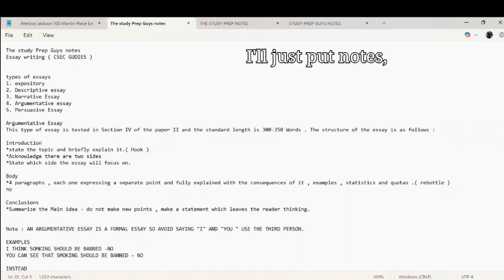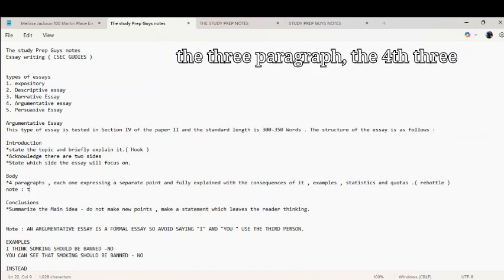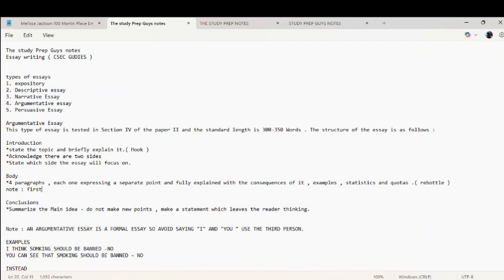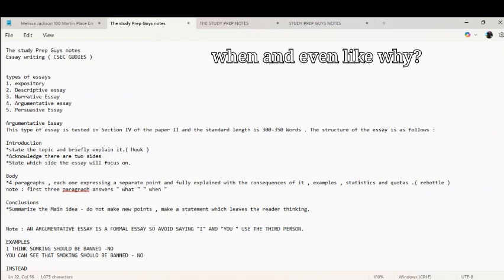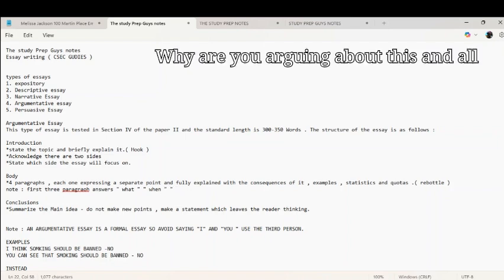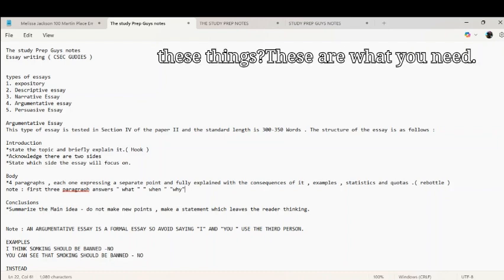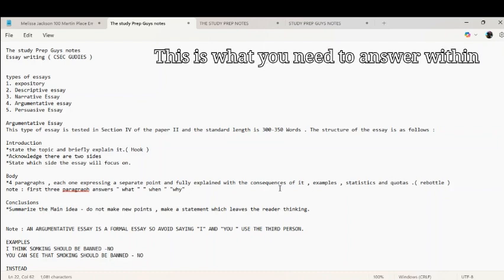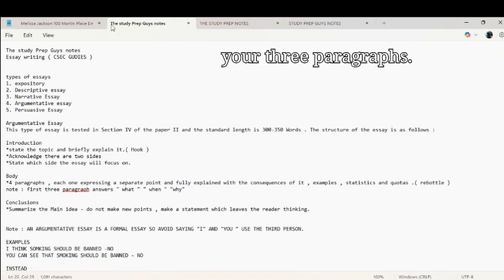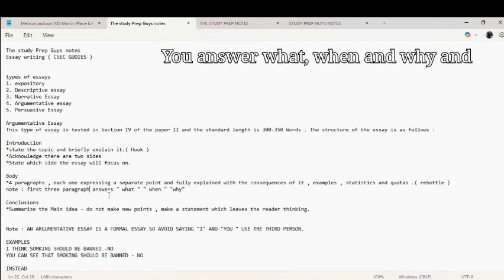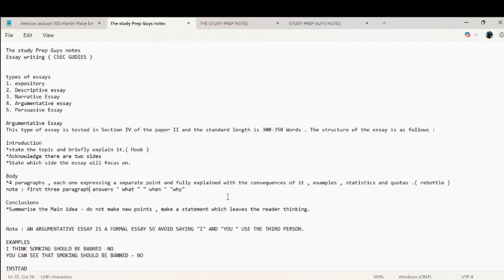I'll just put notes. The first 3 paragraphs answer what, when, and even why. Why are you arguing about this and all these things? This is what you need to answer within your 3 paragraphs. You answer what, when, and why, and after that,